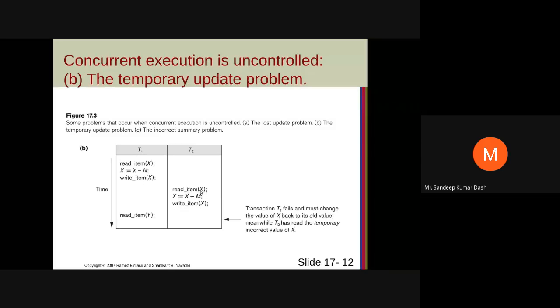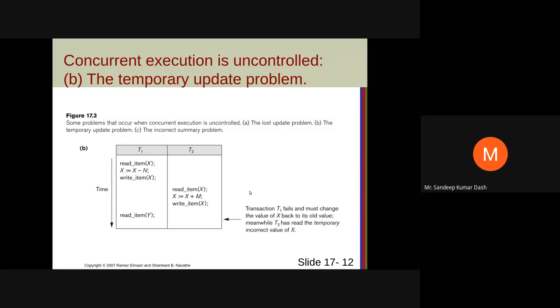Because this has read the data item X from the database, because you have written back the item 45, but now it is saying that no, X should be 50, not 45, because the transaction failed. But it has read it as 45. If it failed, it should read it as 50. But by that time this failed, this part of the transaction is already over. So what to do? This will be writing 45 to the